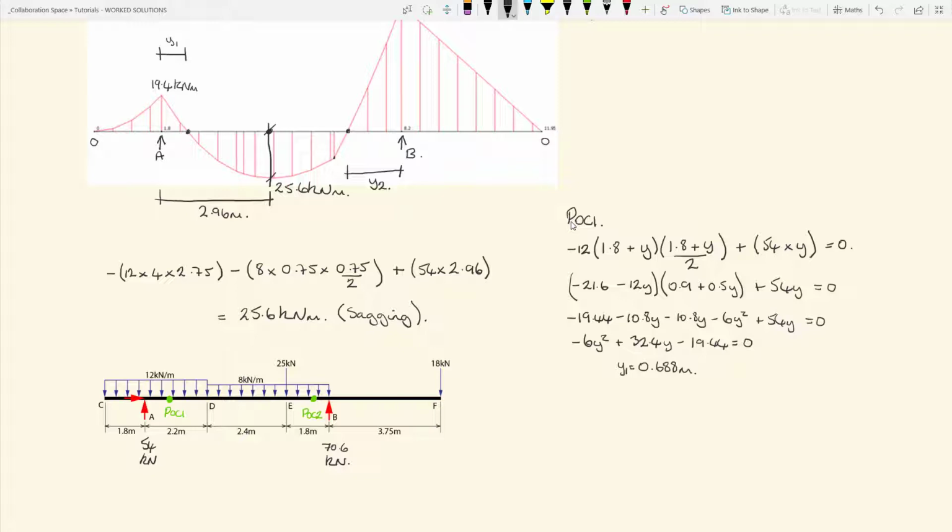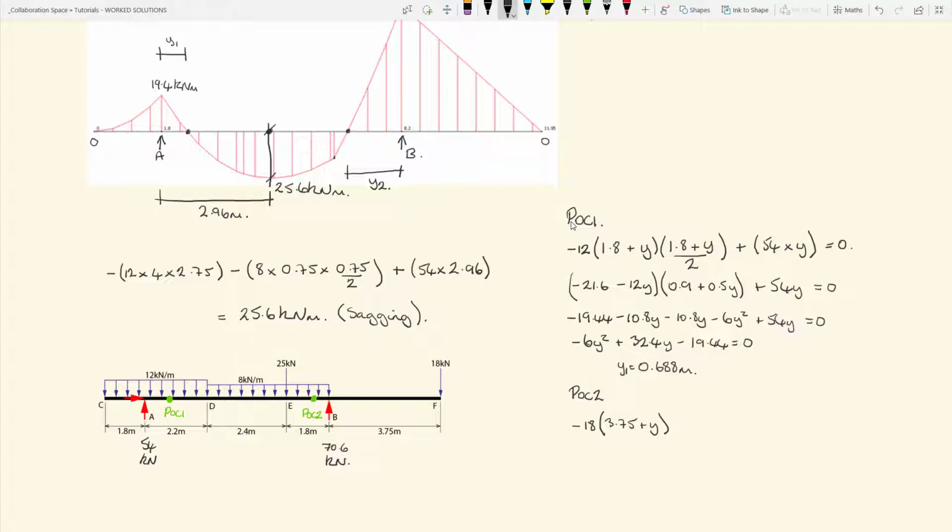And for point of contraflexure number 2, so POC 2, again, we're going to take moments about the point of contraflexure. And in this instance, we have the 18 kilonewton load. If we take moments about the point of contraflexure, the 18 kilonewton load causes negative bending because it's causing tension in the top of the beam. So we end up with minus 18 times its lever arm, 3.75 plus y,